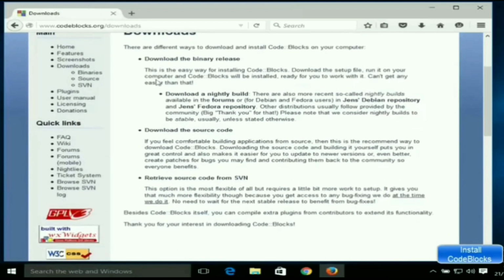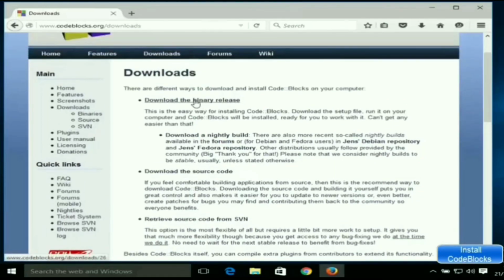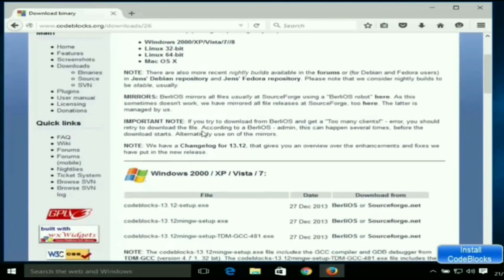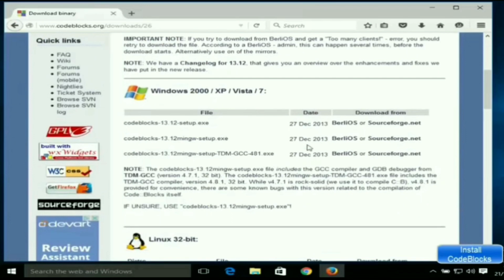Go to the bottom, you can see four options. You have to click on the first, Download the binary release. Click on Download the binary release. After that, you move to the bottom. You can see three points: codeblocks